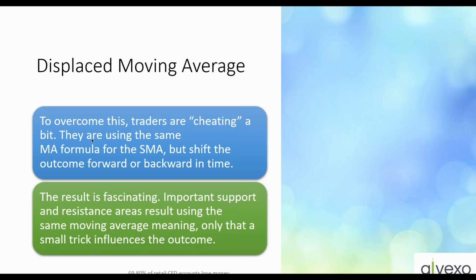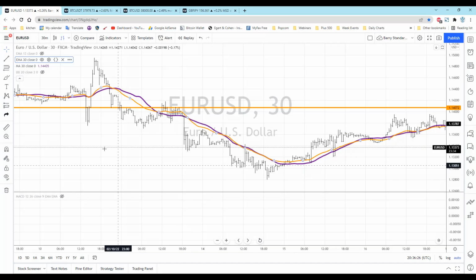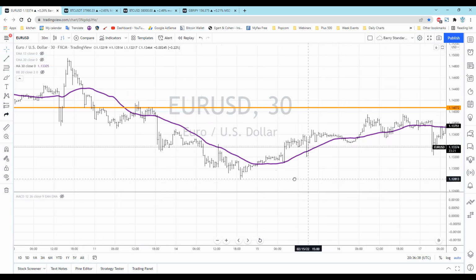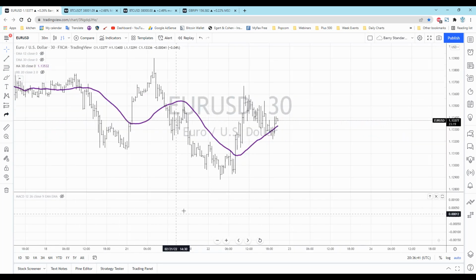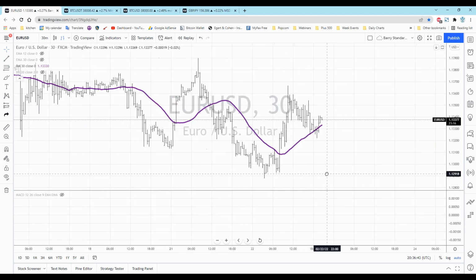With no mathematical calculations. Now, because this is relatively new, I'm sure there's some gurus out there trying to teach you all kinds of trading methods or get rich quick schemes about using this. Okay. And like I said, it's not a calculation. Let's turn off this EMA for a minute. Okay. We're looking at the euro US dollar,